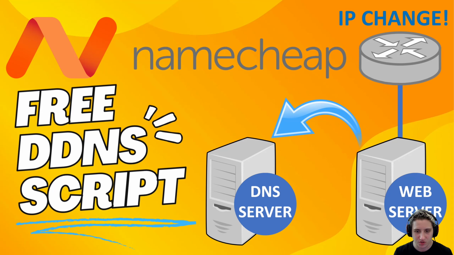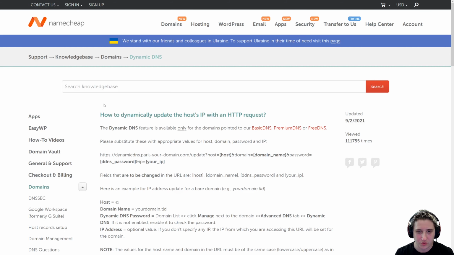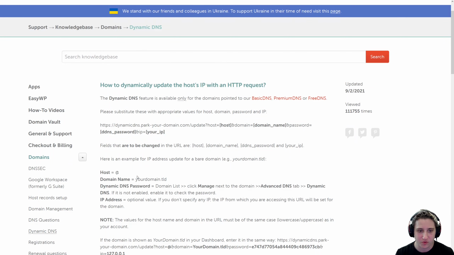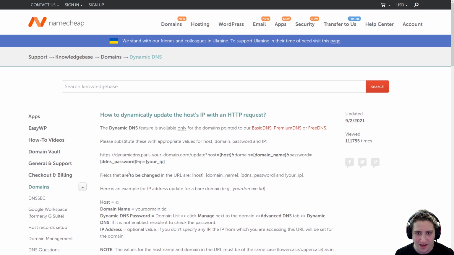In this case, we're going to be achieving this by using Namecheap's API. However, this exact solution will work with any other domain name registrar that offers any sort of similar API. Alright, so here's a spec for Namecheap's API, and this is what's actually going to allow us to programmatically update our records. I'll have this linked in the description in case you want to take a look at it yourself. The important things to note here are the API endpoint and the actual API parameters, both of which we're going to take a look at more in depth when we actually start writing the